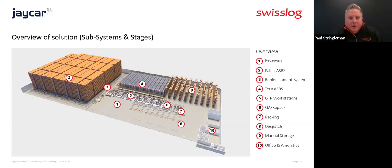There's also pallet reshuffling done overnight to make sure that the required pallets for the next morning's replenishment run are at the front of the crane aisles and on one of the crane faces. We also have, under point 3, a buffer, if you like, on the line. So before Graham arrives at work, or anyone else really, apart from maybe one operator walking around supervising the overall system, pallets will start to come down from the ASRS and build up on the automated line, ready for the